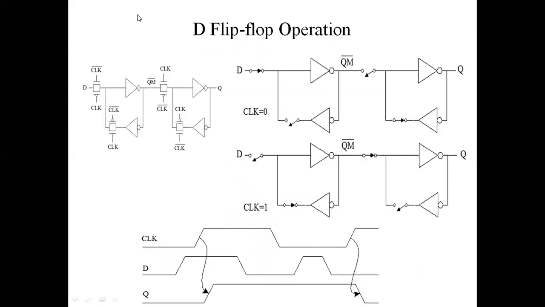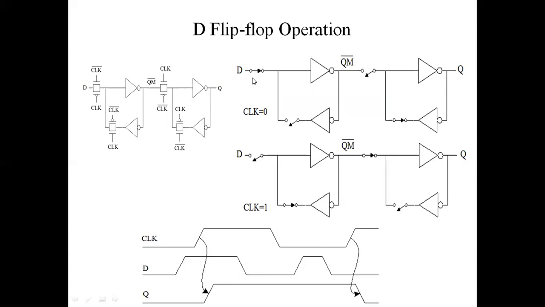Now we can see the operation here. When the clock signal changes from 0 to 1, the output takes the D value as it is, but for the rest of the condition, output is holding its previous value. Though the value of the D has been changed, no change is there in the output Q. So we'll see the operation.